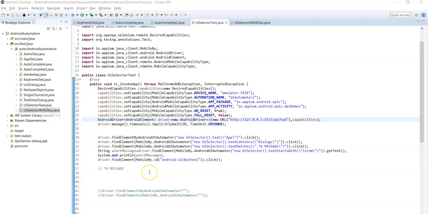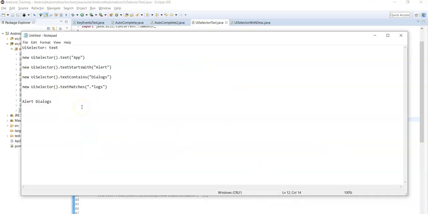First one is description. This method identifies an element with its exact content desc value, same as the text attribute. So inside this description method we need to pass the exact content desc value.